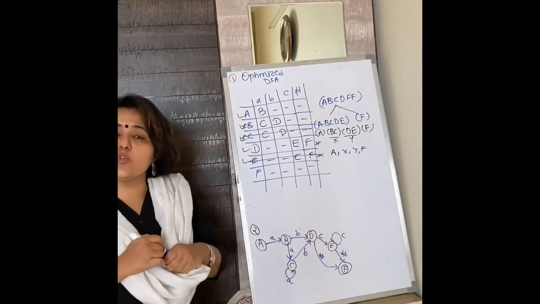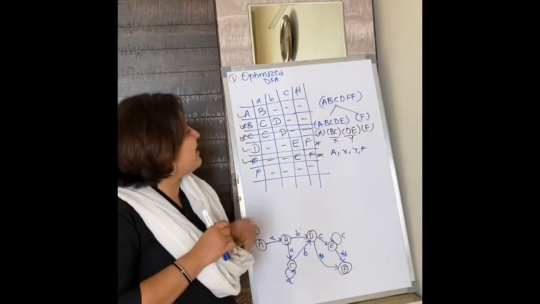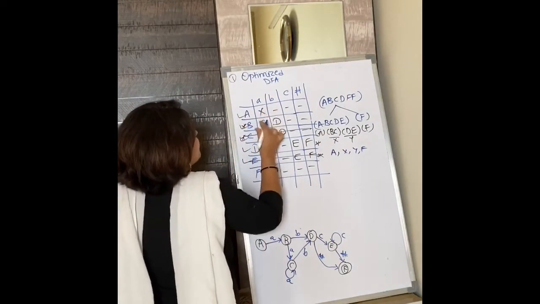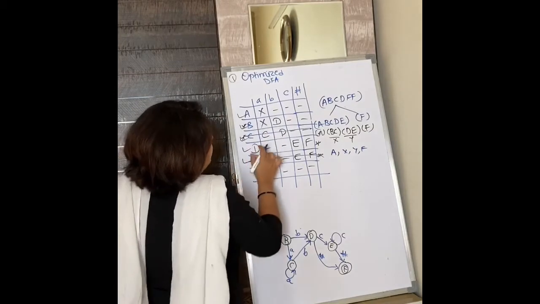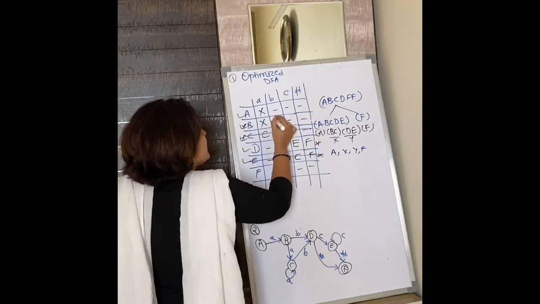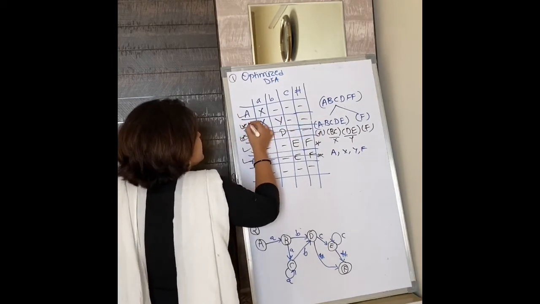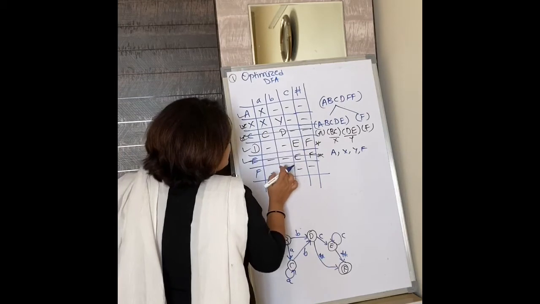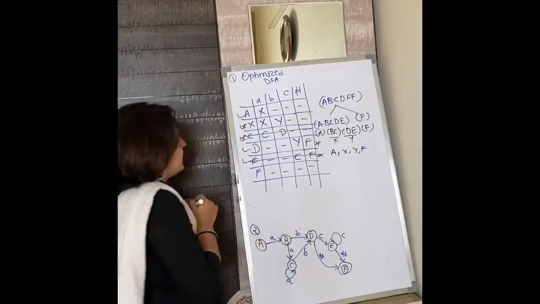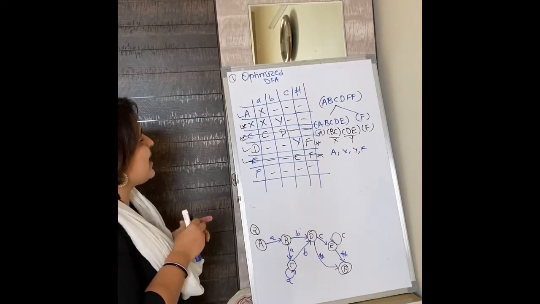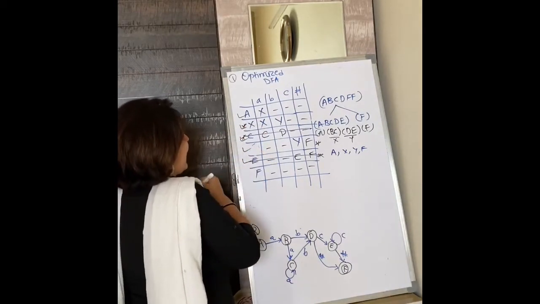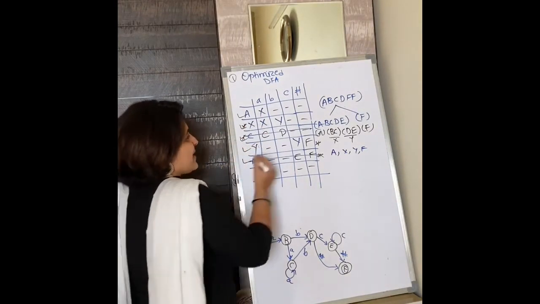So again, what are we going to do? B and C are merged. So everywhere we have either B or C, X should be written. Everywhere we have D or E, Y should be written. So this should be replaced with Y. Okay, this is B, so X should be written. That's it, done. So we have done the replacement as well. Everywhere we have D or E, we have written Y. Here also we should have Y.